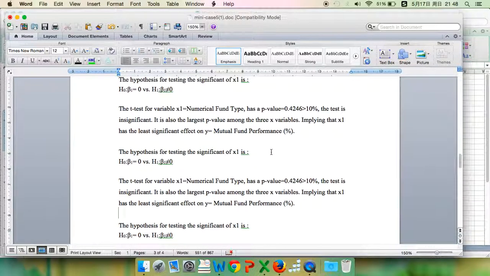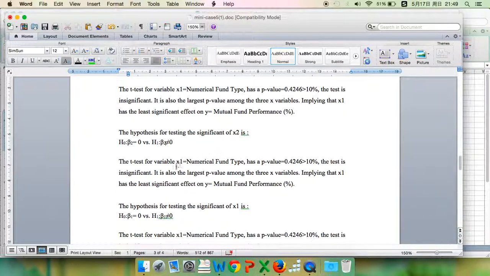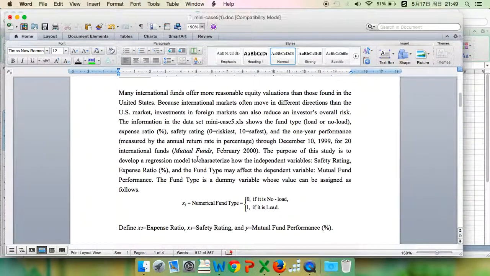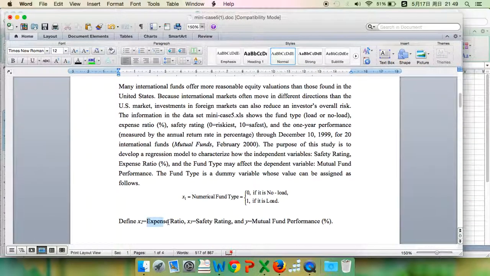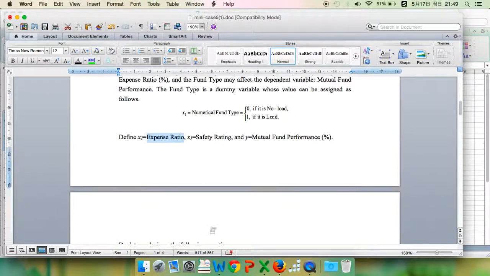The hypothesis for testing the significance of X2 is here, change 1 to 2. The test for variable X2, which we can see is the expense ratio,